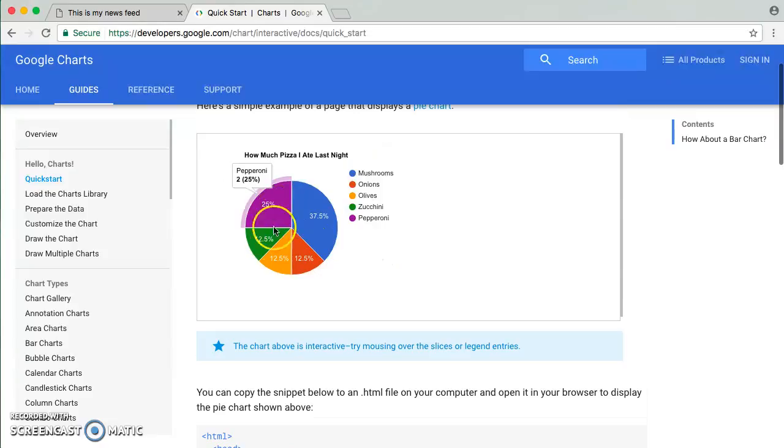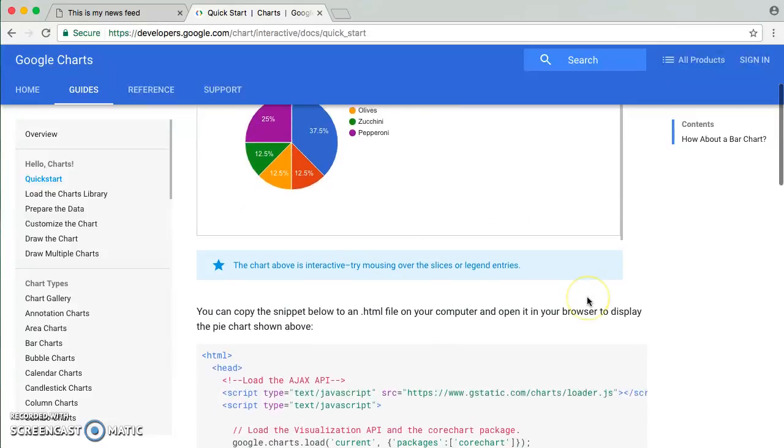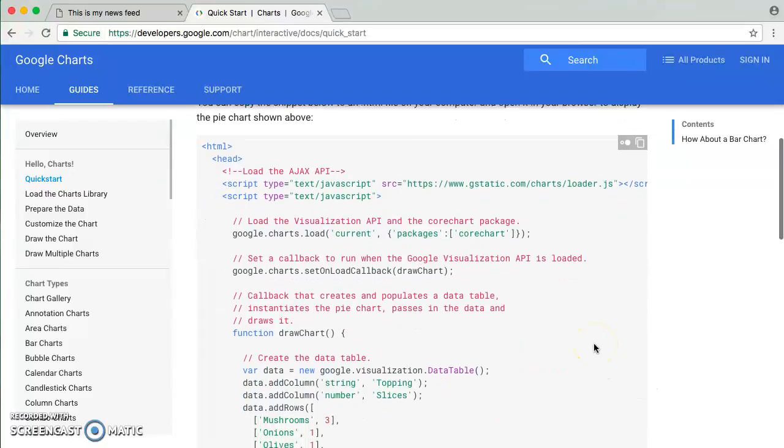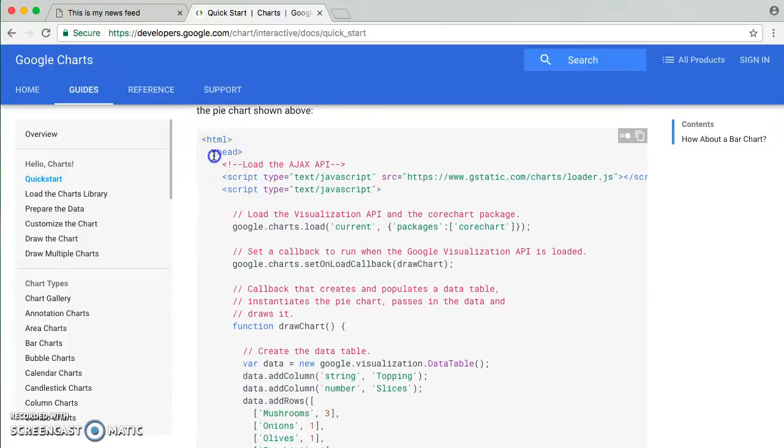How it's going to behave in the browser once it's rendered. And down here what they have is just the code, and hopefully you'll recognize a lot of pieces of this code, right? We see HTML, we see our head tag. Now, as we discussed, we put things in the head of the HTML page that need to be loaded before